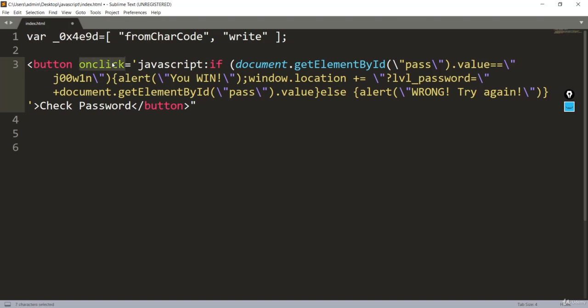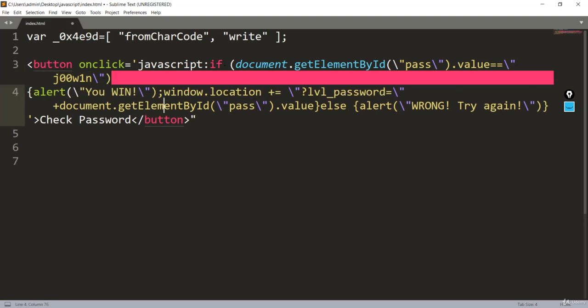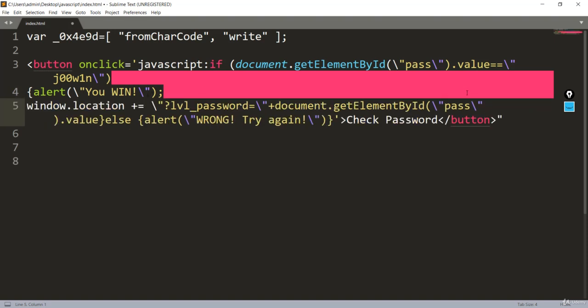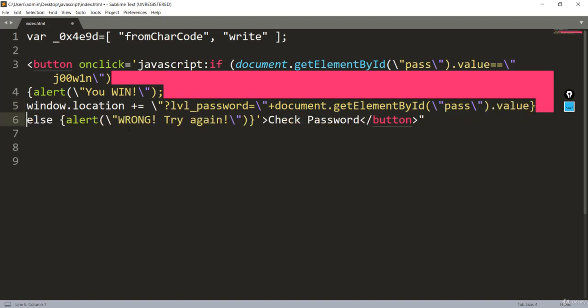We have the event which is onclick, and it is checking with these conditionals that if the password is equal to this value, then it will give us an alert message saying you win. Otherwise, with the else part, it will say that it is wrong and you should try again.